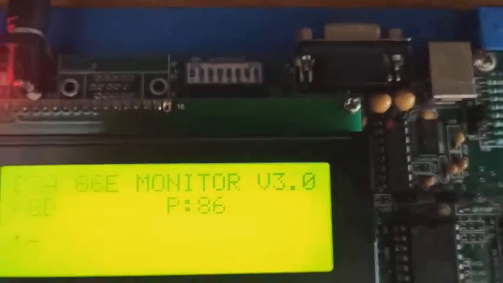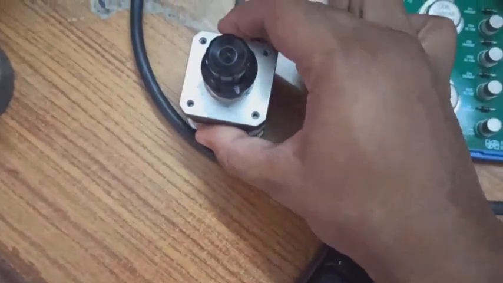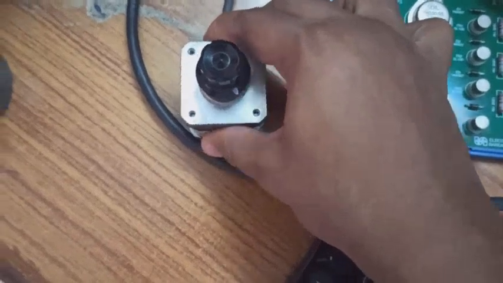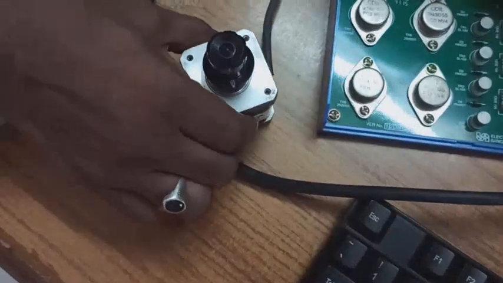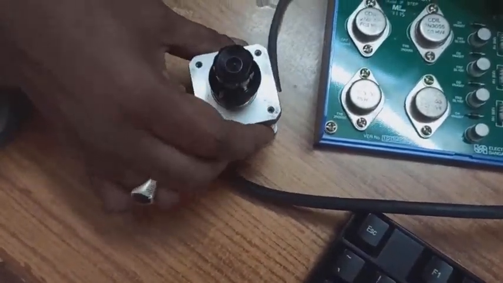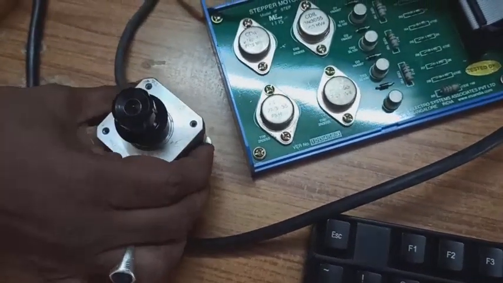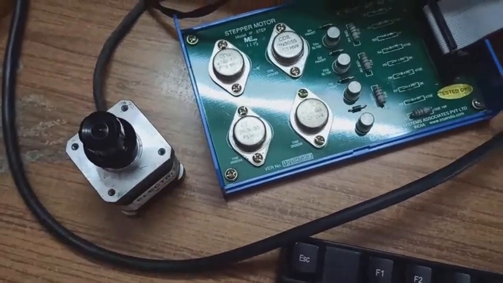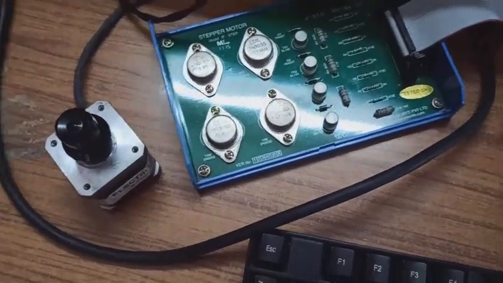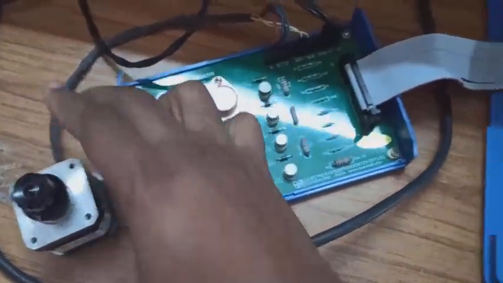After executing this with G space 6000, enter, you can see the stepper motor is getting rotated in the anti-clockwise direction. This is how anti-clockwise rotation of a stepper motor happens.